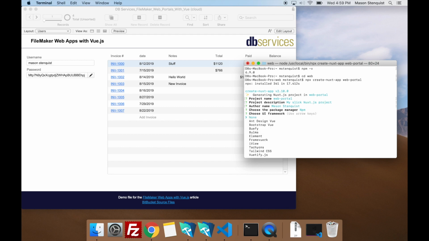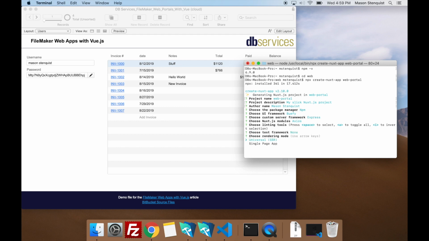We can install a UI framework if we want. They're all great, but I'm going to be using Buefy. And for the backend, you don't have to have any if you don't want, and if you want to use PHP, you can, but we're going to stick with a Node backend, and the reason for that is we'll also want Axios. I'll skip that and that.